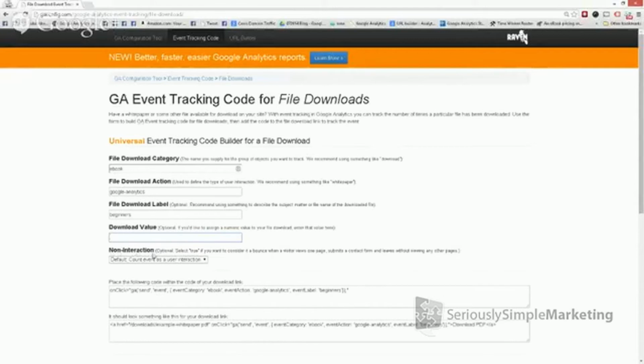Now this little section right here, this little non-interaction, what this basically means is you can make it not count as an interaction. The default is that it's an interaction. So the difference is, let's say people sign up for your ebook. This is kind of the use case for this. People come to an ebook and they exit out of your page. They say, congratulations, you've signed, go check your email for the link. So they might close down their browser at that point from your site, right? So now they've officially ended their session.